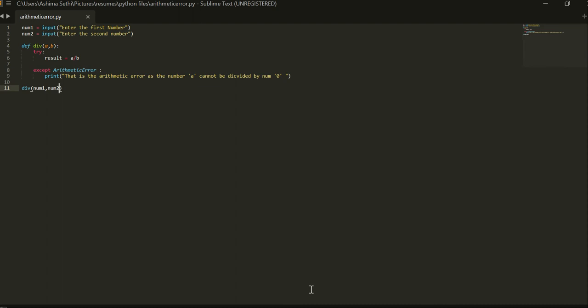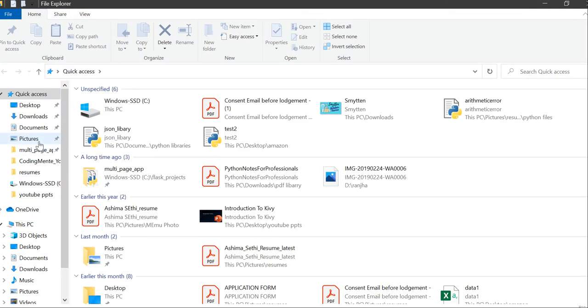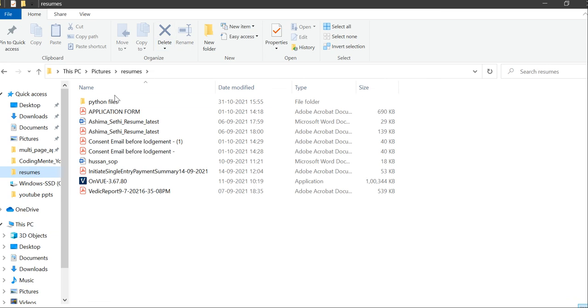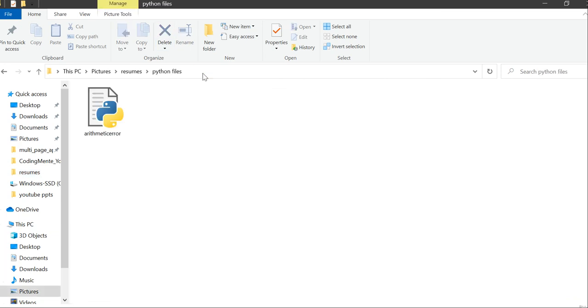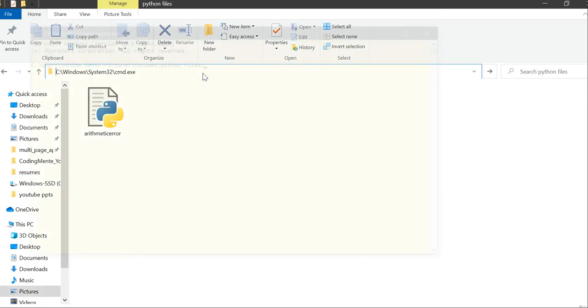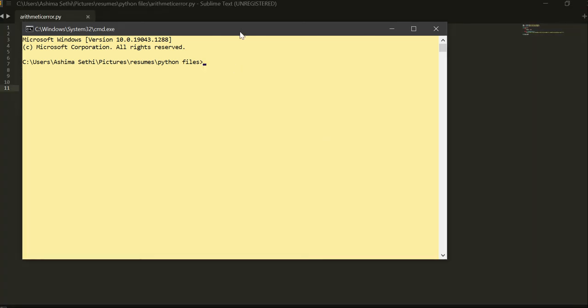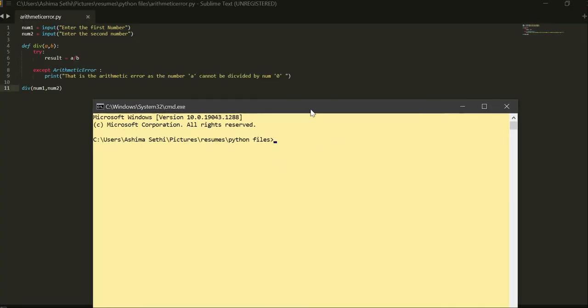We can find the path from here also. We will write CMD here. Now we need to run our file.